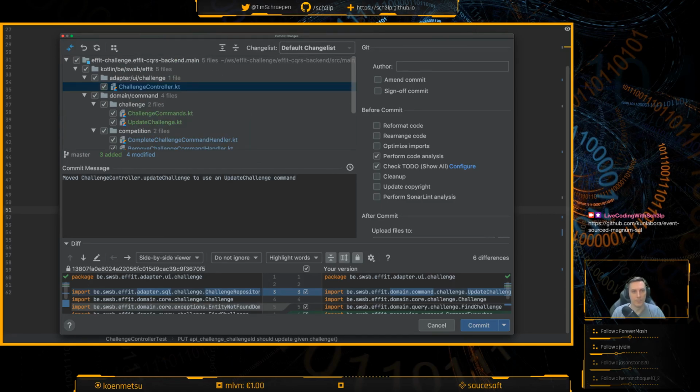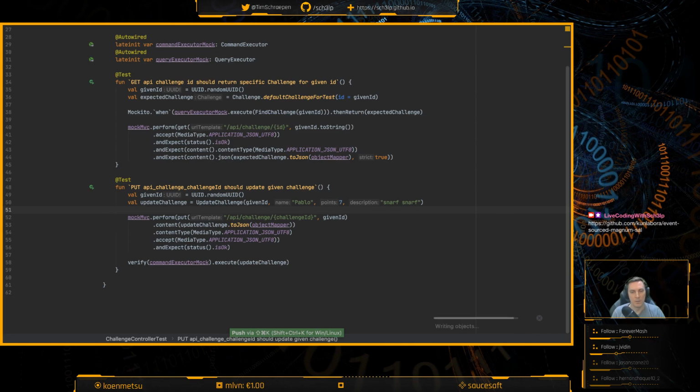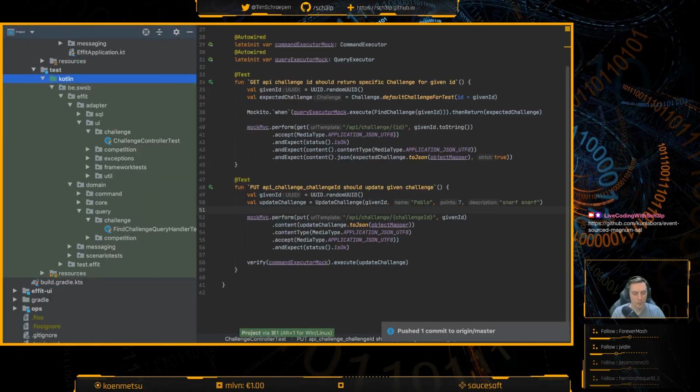Nice. Then we'll push this, and then I'll do a package-wide optimize import.